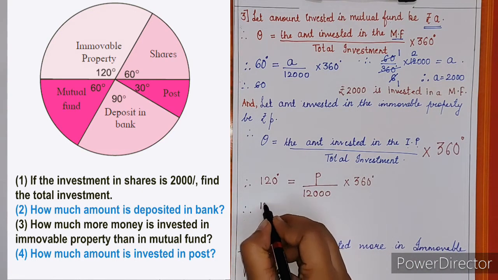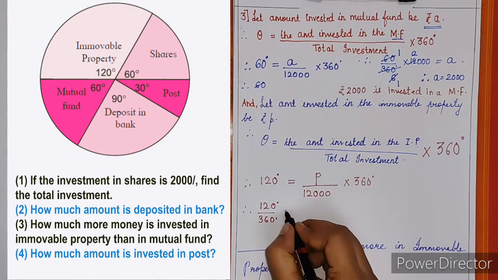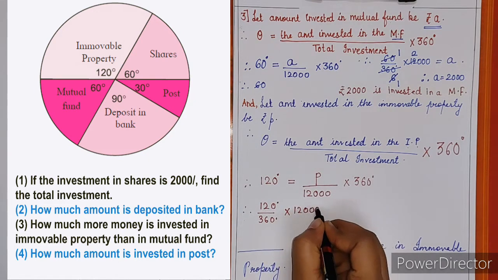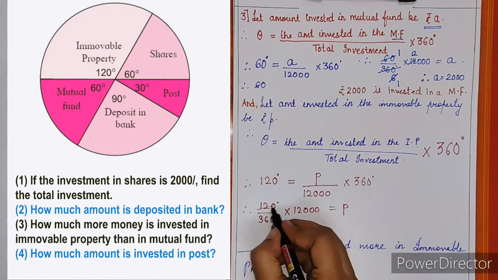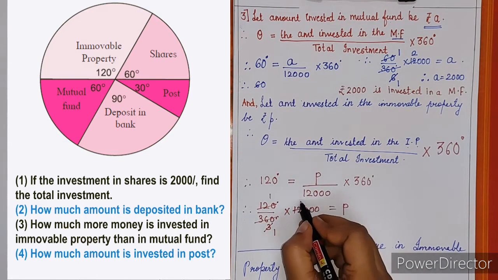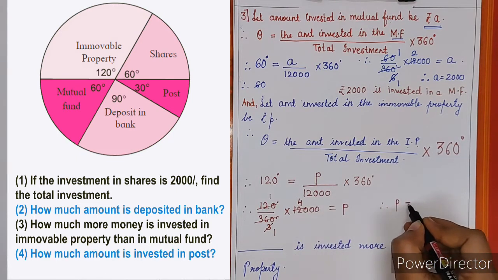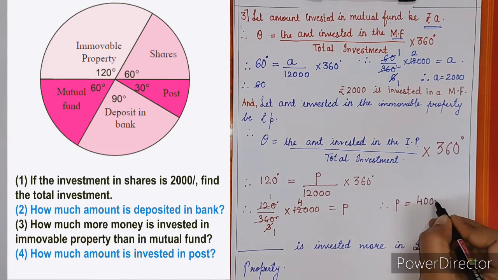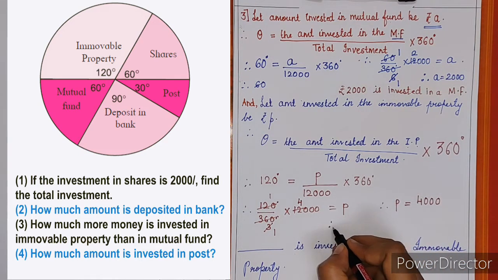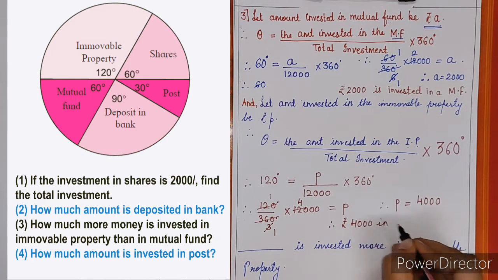Here 120 upon 360 degrees into 12,000 equals P. So it is 1 3, 1 4 is 4, 4 multiplied by 1000 is 4000. Therefore P equals 4000, which means 4000 rupees is invested